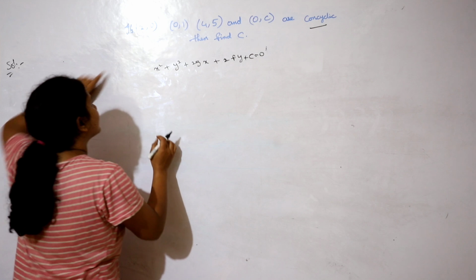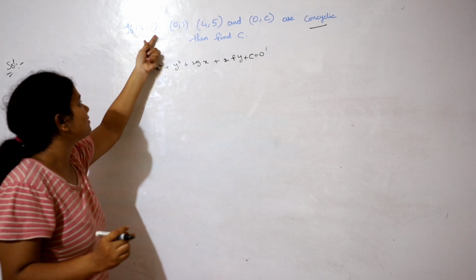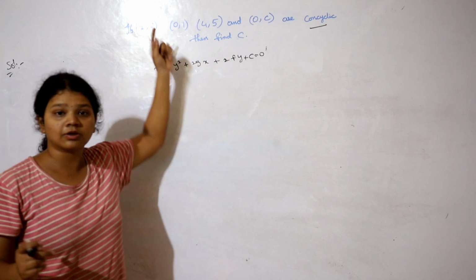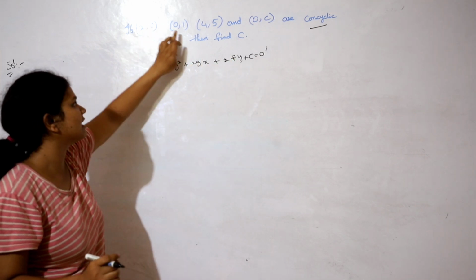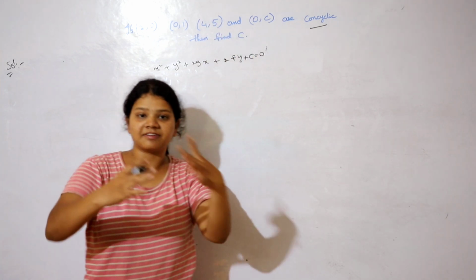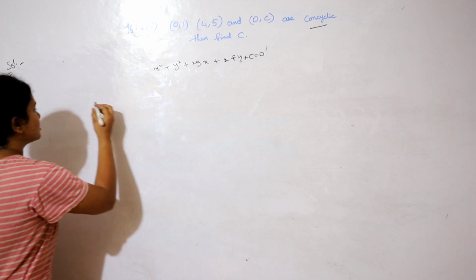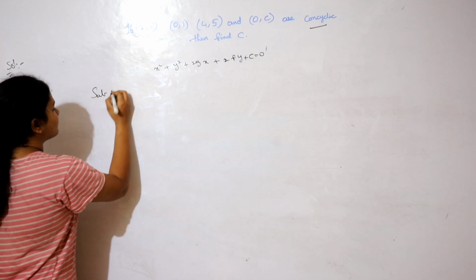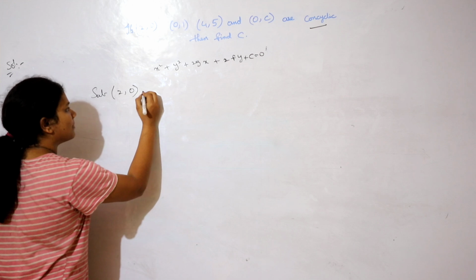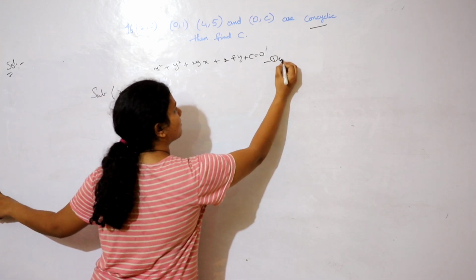Now what you do is take the first point and substitute these points in the equation. You get an equation from the first point, an equation from the second point, and an equation from the third point. You will be getting 3 different equations, and then our process starts. So first of all, let us find the 3 different equations from each of the points. Let this be the first equation, equation number 1.